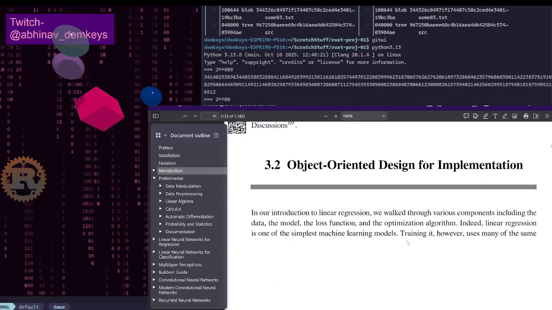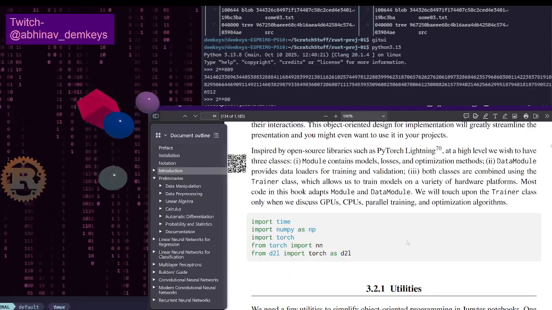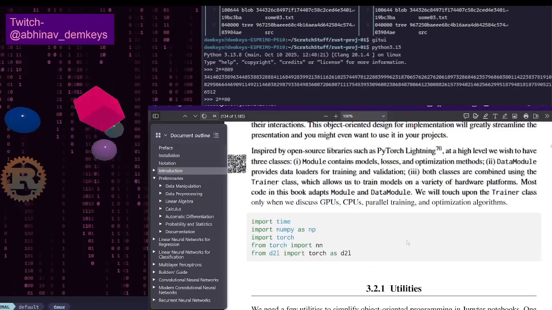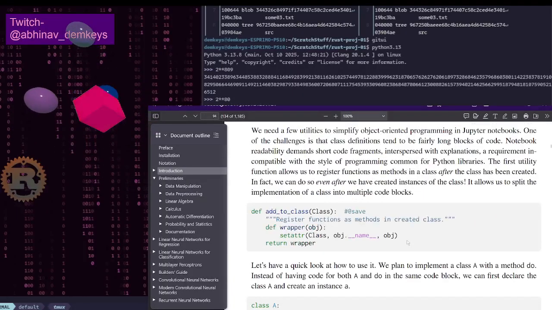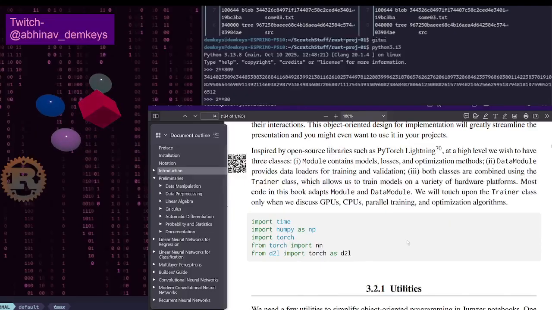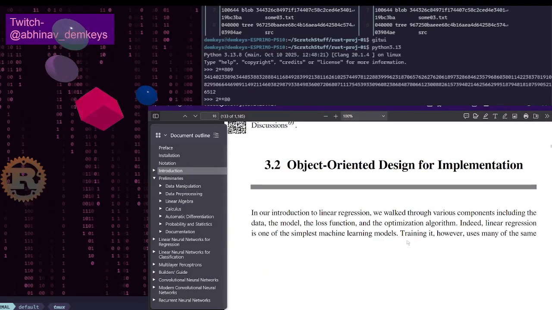Okay, object-oriented design for implementation. So this is where they're going to be teaching us how to create our linear regression neural network. Is that what's going on here? In our introduction to linear regression, we walked through... That's what I was wondering. Why has no code been written for doing this so far? So far, we were only looking at the